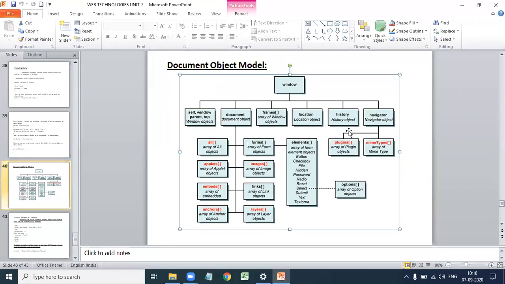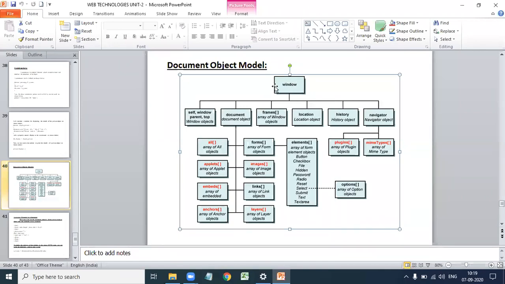This one is the document tree structure for the document object model. First is the root of the document tree, the window, that is the browser window. The window is the browser's window, which is always at the top of the hierarchy.